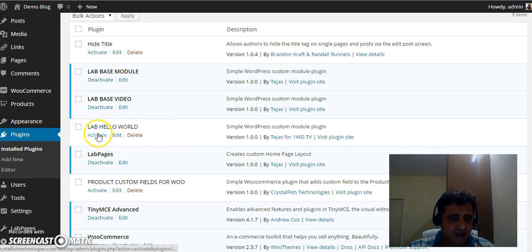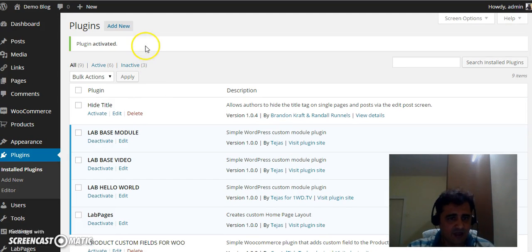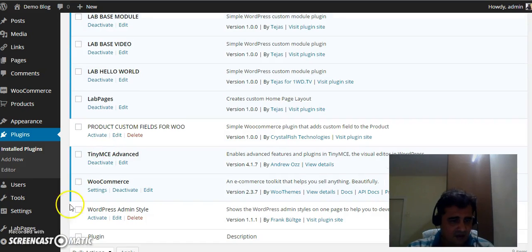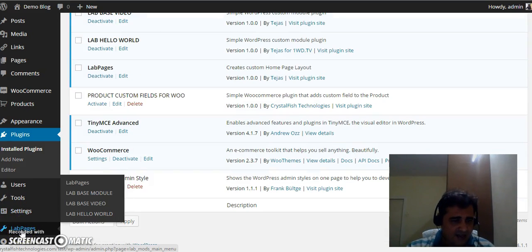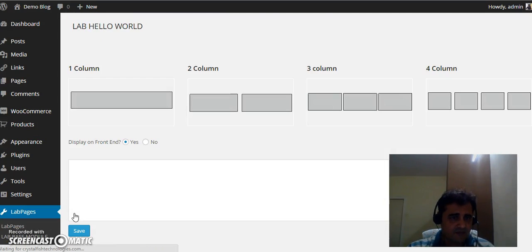So I'll just hit this activate button to activate it. Now as you can see, my plugin is activated. Same under the LabPages menu, I can see my Lab Hello World as the new plugin sub menu item. I'll click on this,